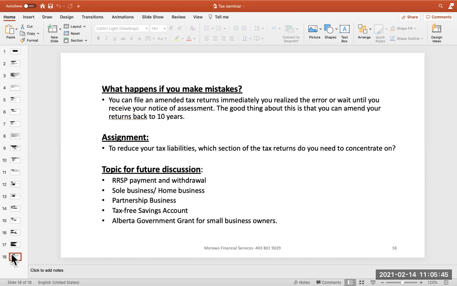And lastly, the Alberta government is currently giving grants to small business owners. If you have a small or medium-sized business and you've been in operation for 2 or 3 years before COVID, the government will say, okay, COVID came and disrupted your business, we want to help you with some amount of money. If you are in this kind of situation, you can touch base with me. We can help you to access this grant from the government of Alberta.